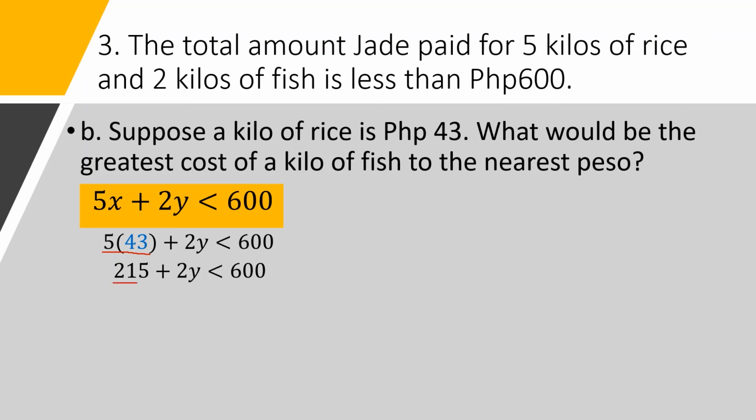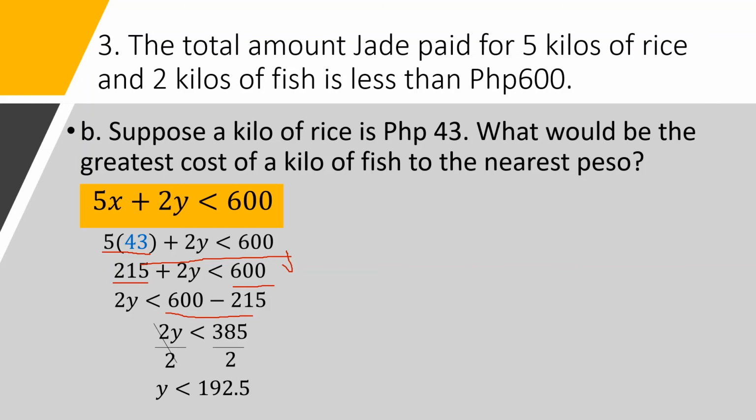Then, combine 215 and 600. So para makombine natin, ililipat lang natin yung 215 to the other side of the inequality. So, it will become 2y is less than 600 minus 215. So, 600 minus 215 will give you 385. Then, divide both sides of the inequality by 2. So, y is less than 192.5, or that is 192 pesos and